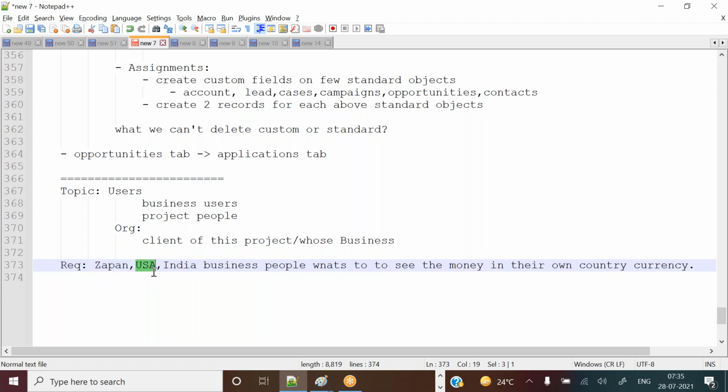USA business users want to see USA currency only. And if India business users log in, they want to see Indian rupees only. So what can we do in that situation?